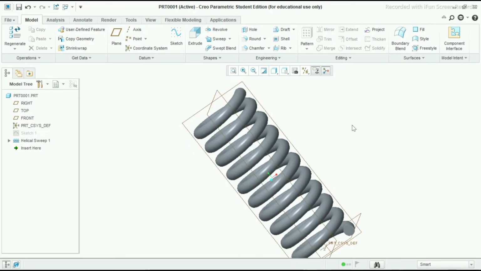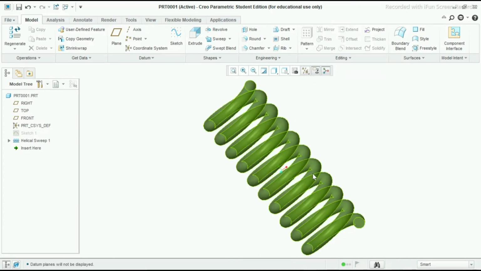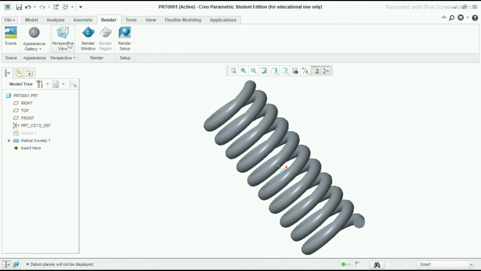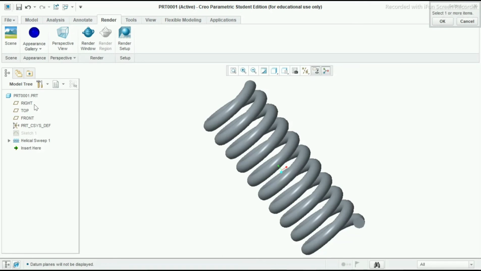Now our spring is created. Simply deselect all these planes and I will go to the render tool command manager. Select here appearances. I will select blue color and here we will select the whole model.